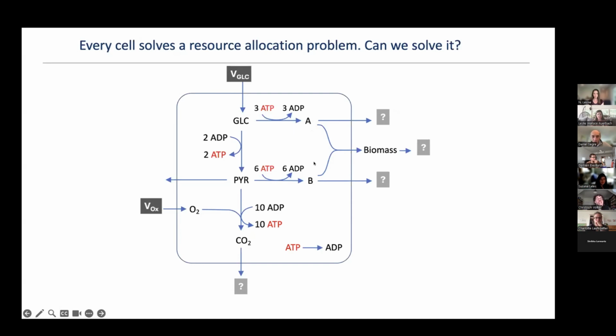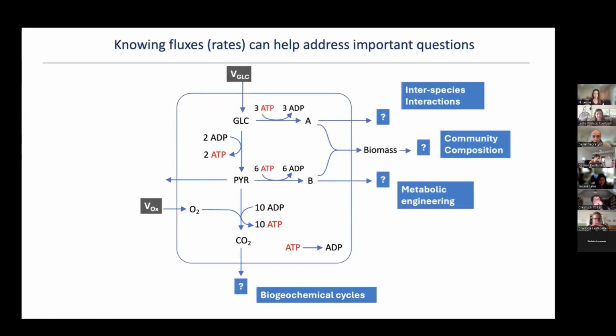And the reason I'm showing this is just to illustrate the fact that if I ask you to find one set of reaction rates that satisfy all the conservation constraints of the mass of each of these metabolites, for example, just even asking that the ATP that is produced matches the ATP that is consumed, it would be very hard to find a solution, to find a set of numbers to put on these arrows. And this is why we need mathematical models to address metabolic questions.